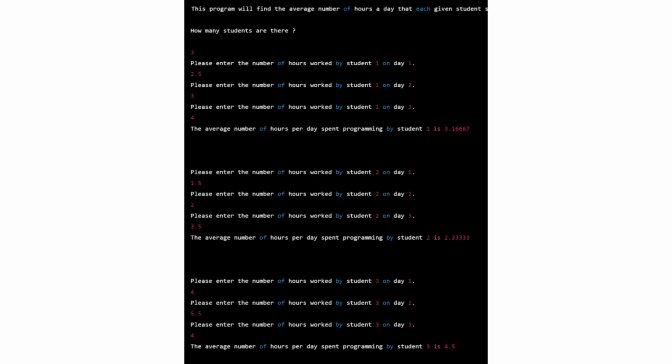Here's one example of the output. The program prompts the user to enter the number of students, which is 3 in this case, and then prompts the user to enter the number of hours each student spent programming on each of the 3 days. The program then calculates the average number of hours per day spent programming by each student and outputs the results